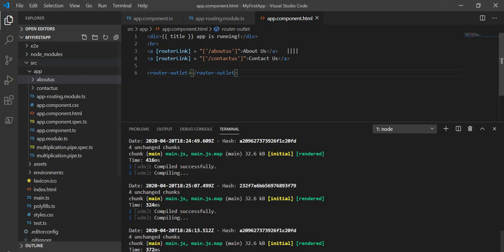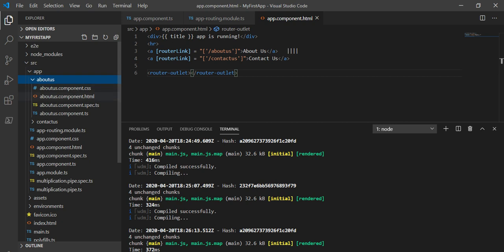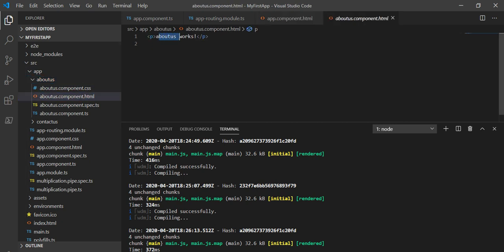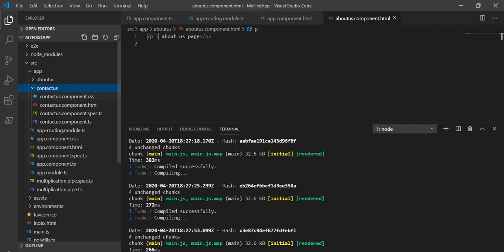If we want, we can change this HTML also, like the about us page, and the same we will change for the contact us page also. Let's do the changes for the contact us page.